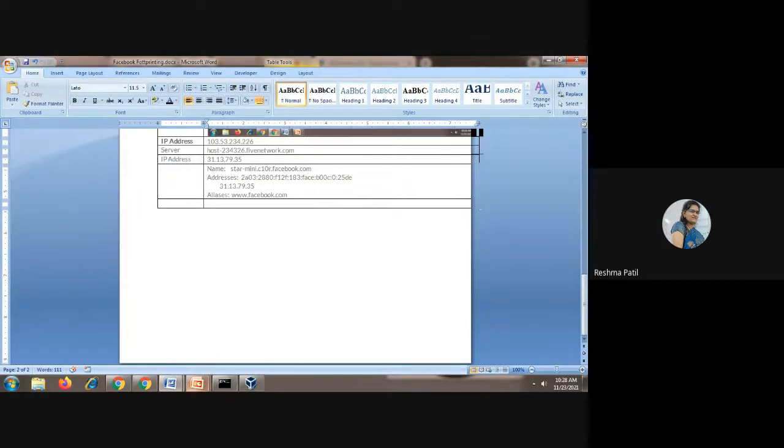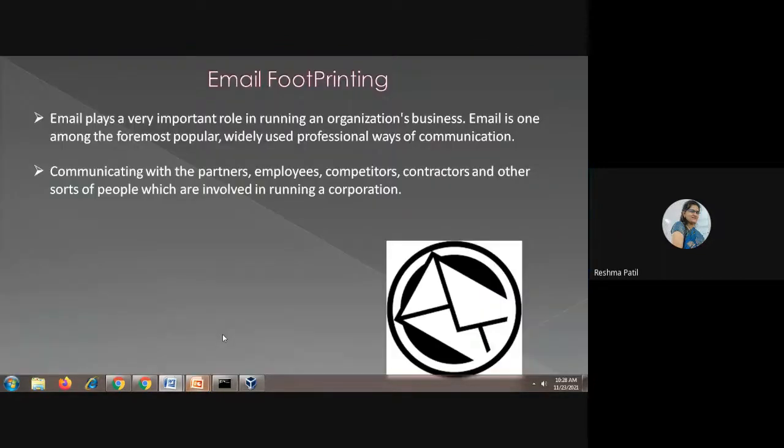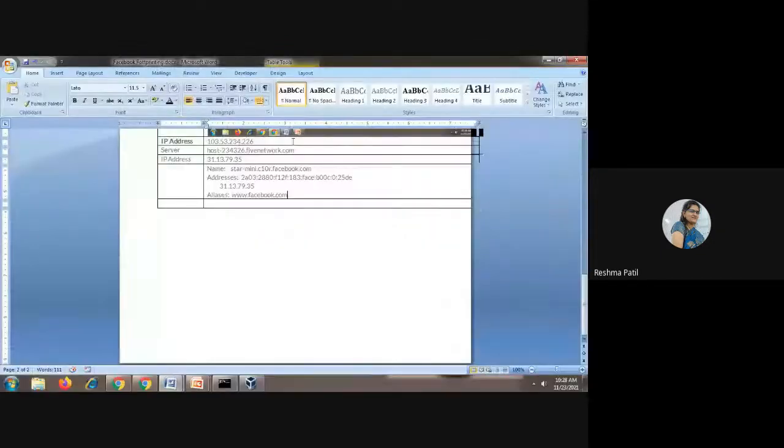The next point is about website footprinting. Whatever information you have received, you will upload it to Google Classroom and try to get more information. If you know any other tool, using that tool you can get more information, insert that information in the Word file and upload it. I will send the link in Google Classroom, and only then you will upload it.